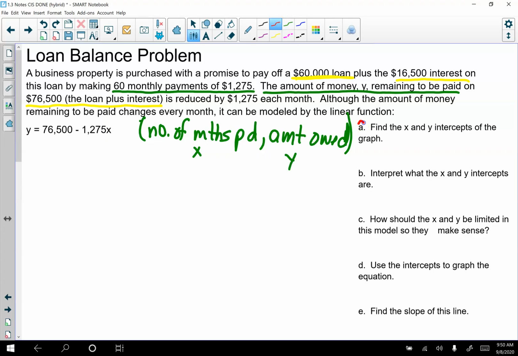So I'm going to answer A, find the x and y intercepts of the graph of this equation. So how do you do that? We just learned that basically for the x-intercept, I'm finding x given y is 0, and for the y-intercept, I'm finding y given x is 0. So if I plug in a 0 for y, so the y is 0,